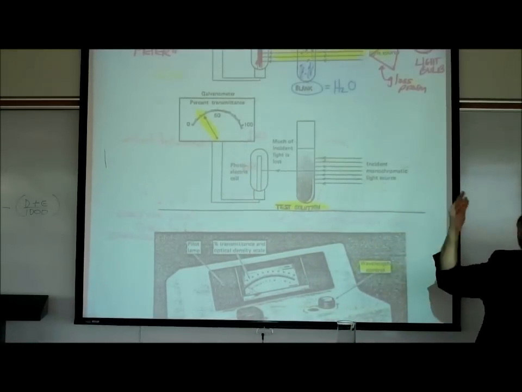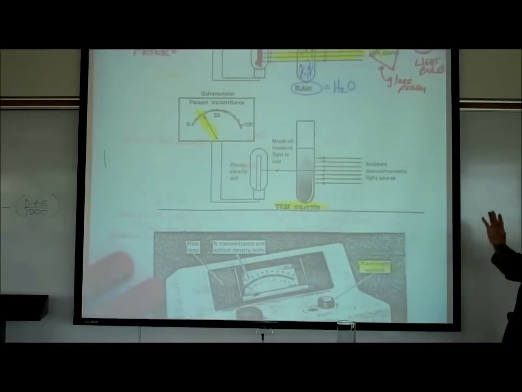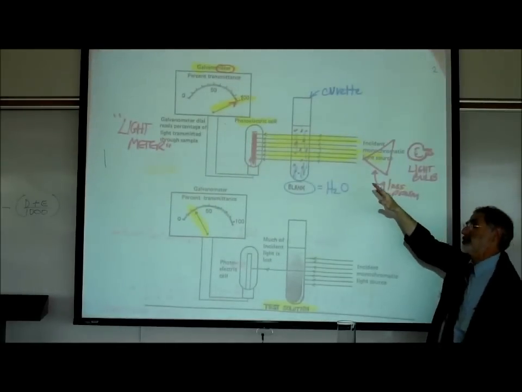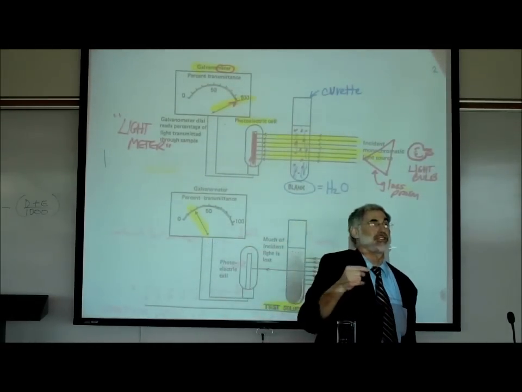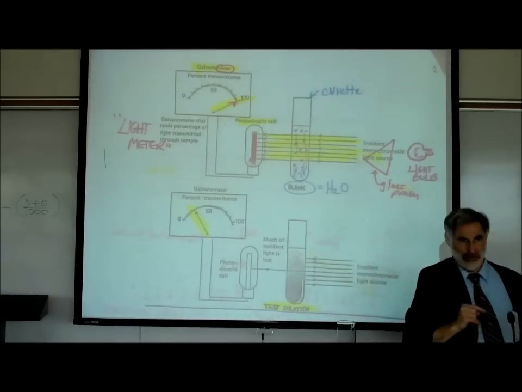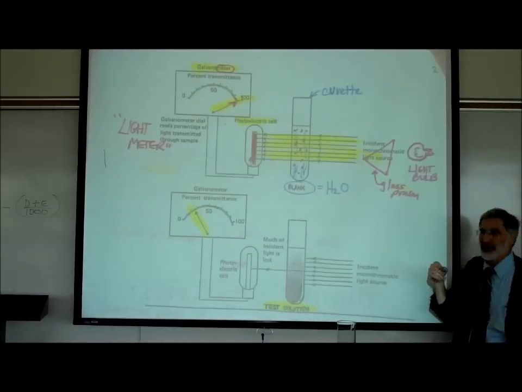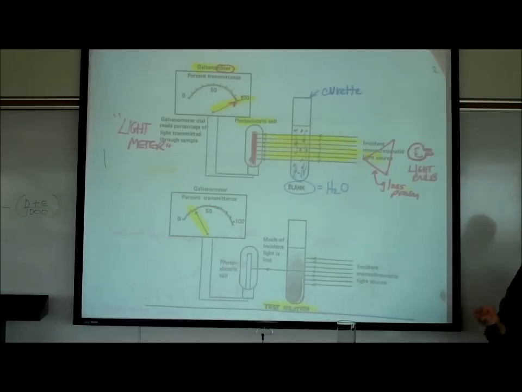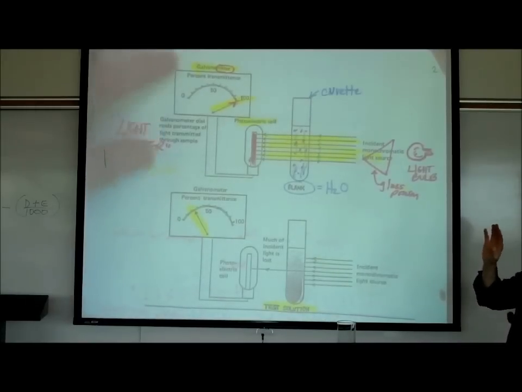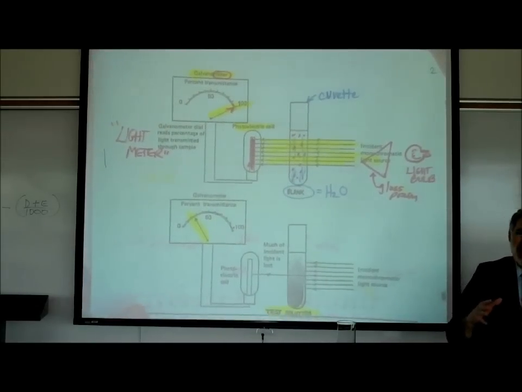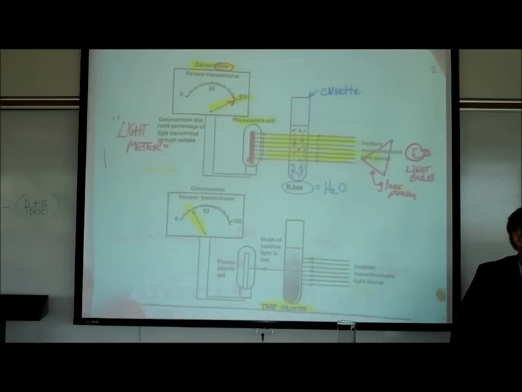This is a brilliant idea, because what it's really saying is that the amount of light that goes through a solution is proportional to the concentration of the chemical that's in that solution. So this is the whole theory of how a spectrophotometer can be used to determine the concentration of a chemical in a solution. Now, the guy who first figured this out is actually named after one of my favorite drinks,